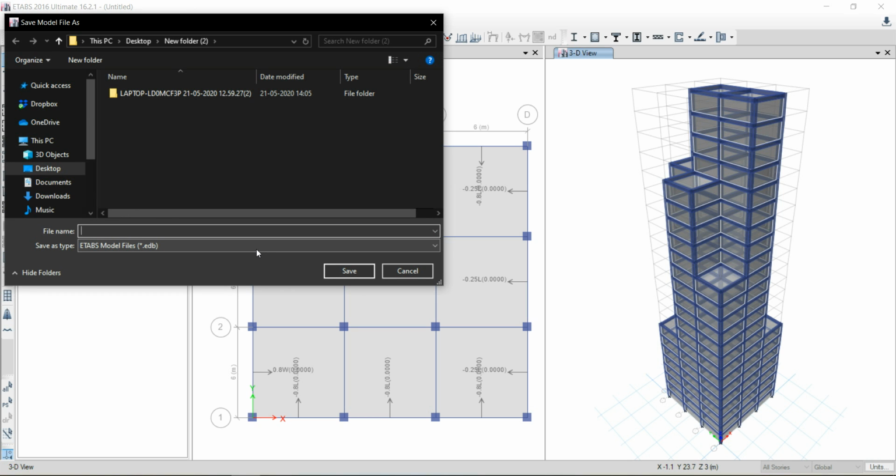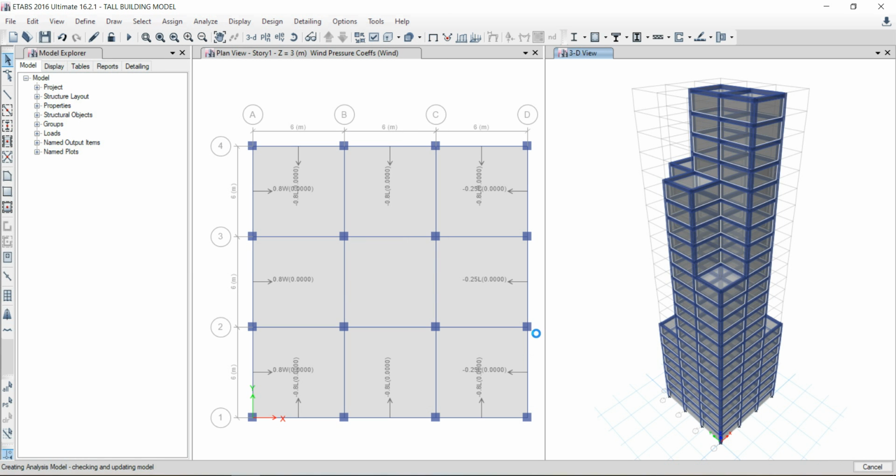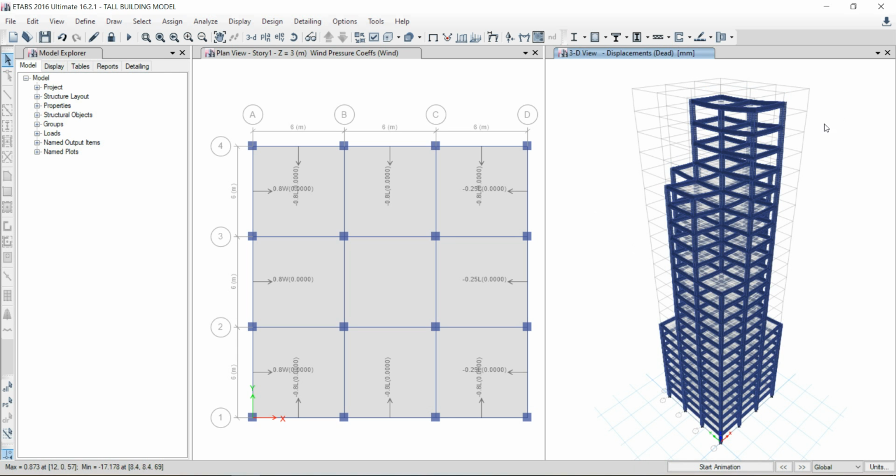So give a file name and save. So as you can see, the analysis is running on the model. As the analysis is complete, we can see the displacement diagram for the whole building.